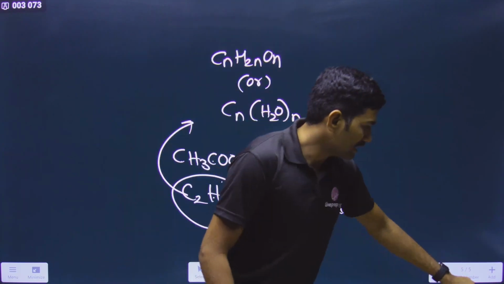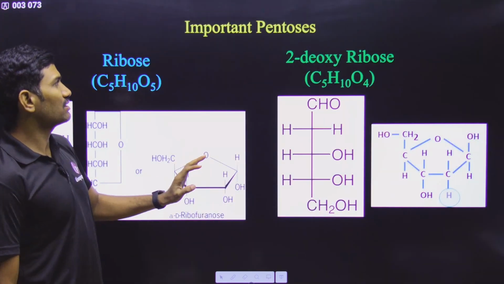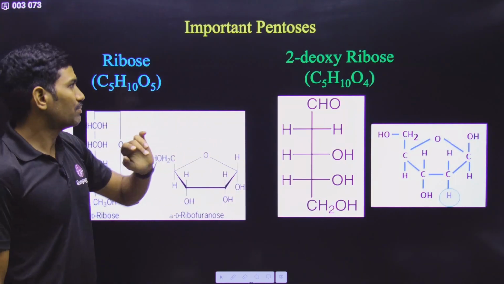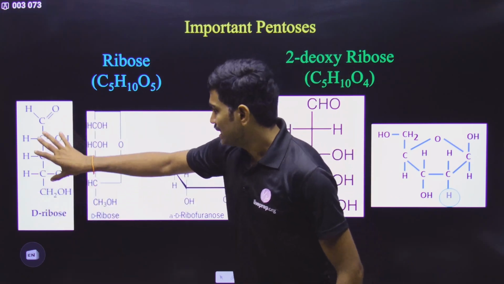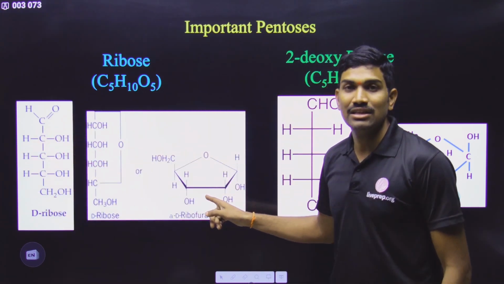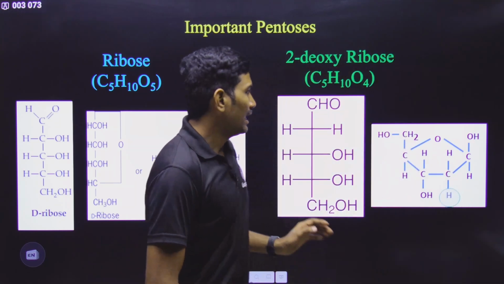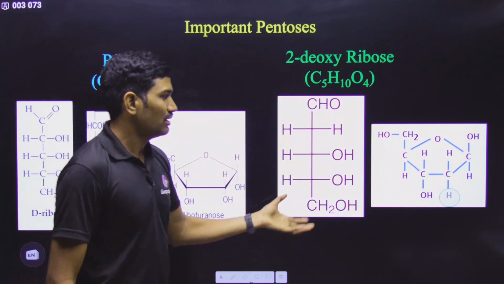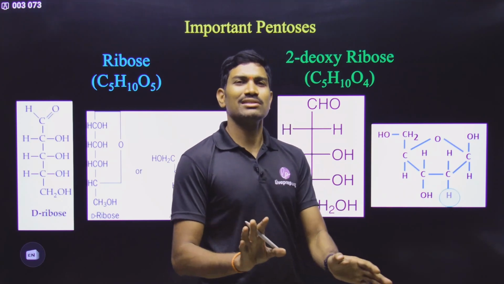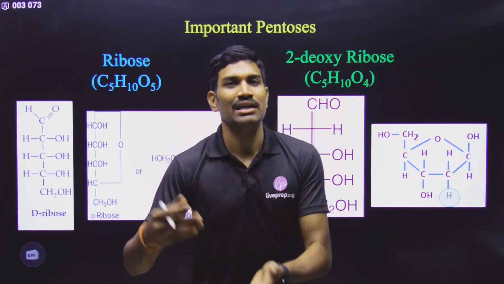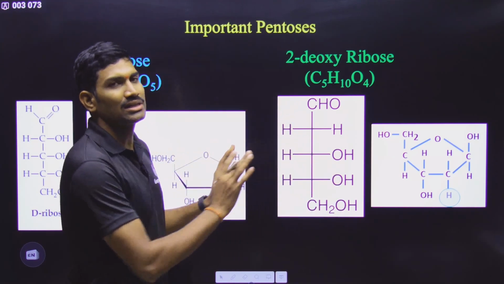And now directly in the PowerPoint, I will show you the ribose structure and all, because we already studied this. Important pentoses. Under the pentoses, we already studied the ribose sugar, the ribose structure. The same ribose information we are writing in the furan ring. Furan ring, we already studied this one. And then this is the 2-deoxyribose. The same information we are writing in the furan ring. So with respect to ribose and deoxyribose, we already studied the structures when we studied the nucleotide components. Yes or no? So this part is completed.